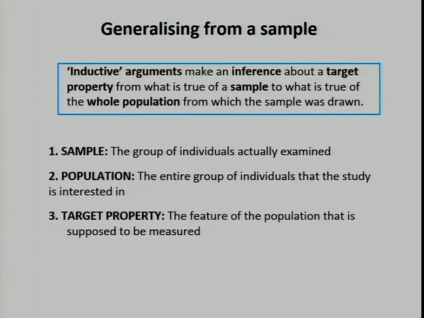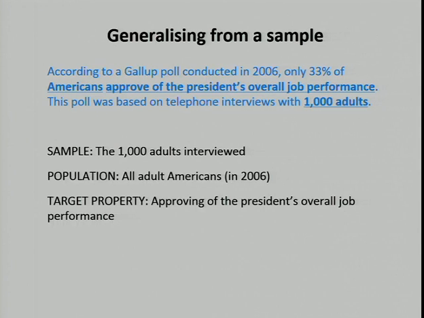So here are a few examples of how that is done, and that might make it a bit more clear. So say we have a Gallup poll investigating Americans' approval of the president's overall job performance, finds it's only at 33%, and it's based on telephone interviews, which hopefully in 2006 is no longer that much of a problem. Maybe today landlines would be the problem or something like that,